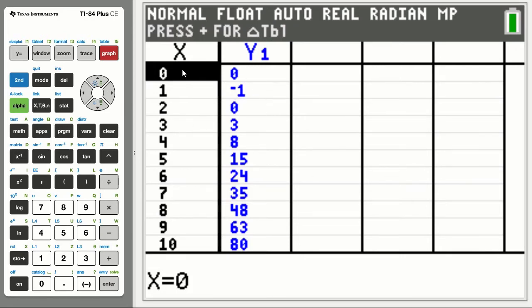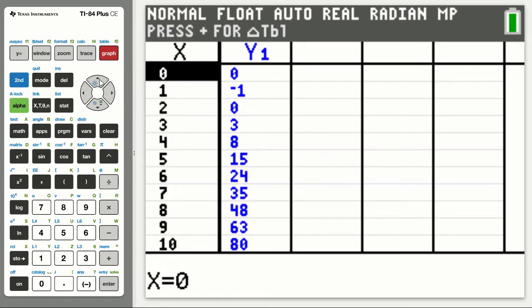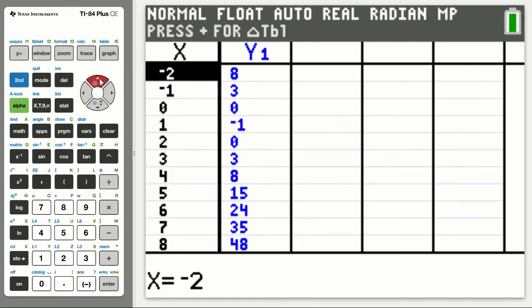Okay, and you want to see the negative outputs, negative inputs. They are here. We keep scrolling that up. Okay, all right, and so now